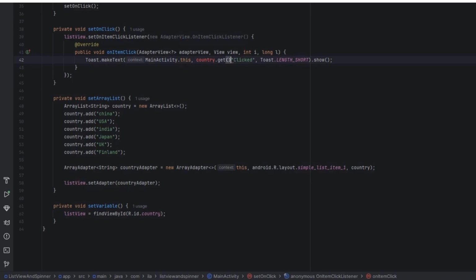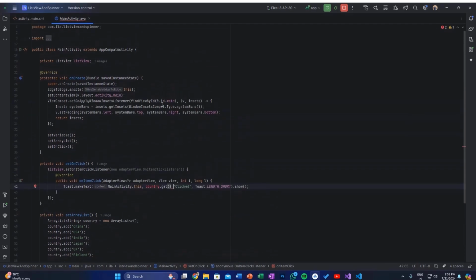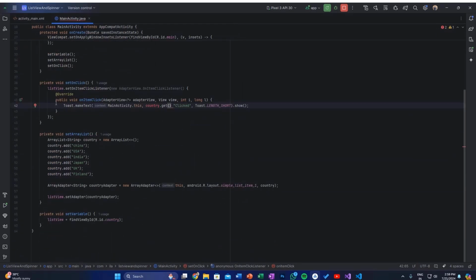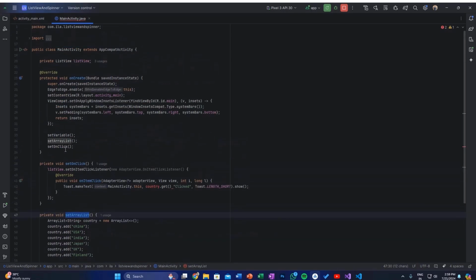But before that, if you notice one thing, we are getting an error with our country, that is, our IDE is actually not recognizing country. The reason is that I have created the variable array list, which is a string variable named country. This variable is inside set array list, and that is the reason that our set on click is not recognizing